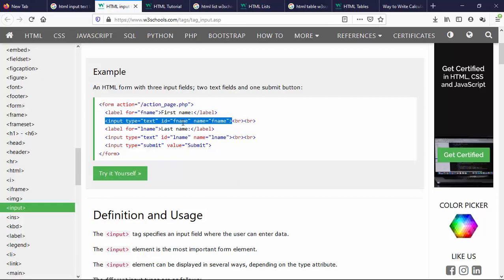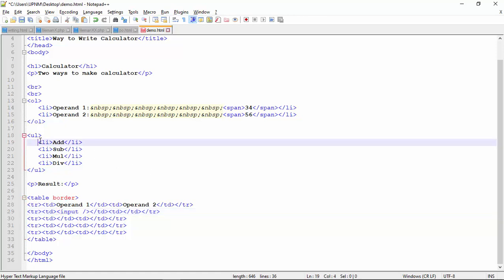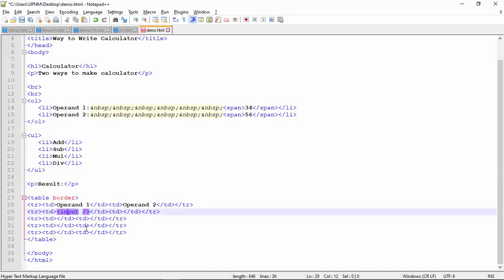Later we will give ID. So input tag, and the input tag does not have content. So the opening and closing tag can be collapsed together to become like this. It's not like this. This is the opening tag for list item, closing, opening tag for unordered list, and closing. But input doesn't have opening and closing. They merge together, so we write it like this.